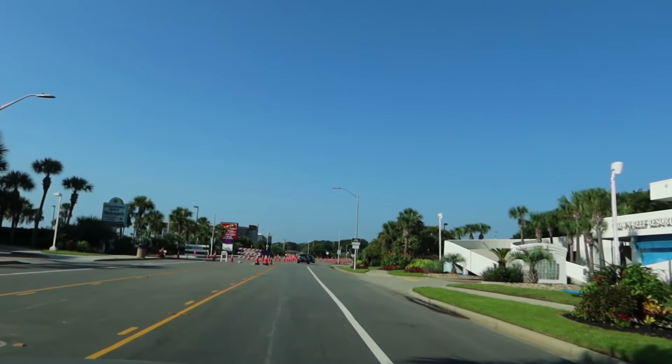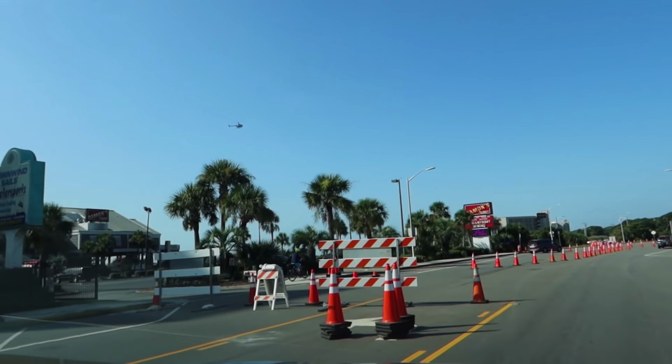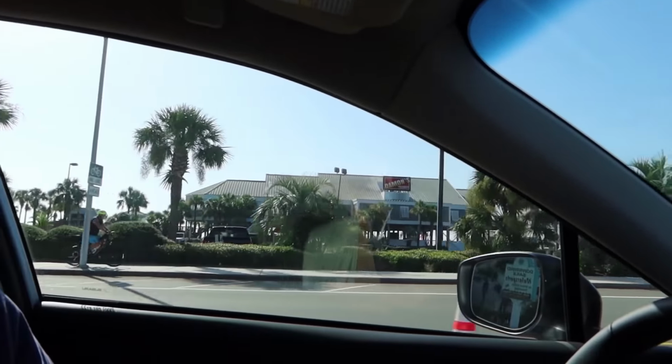There's the Crown Reef Resort check-in. It's actually on the other side of the street. And then here's Damon's. And Damon's is a restaurant, and it's elevated so you can